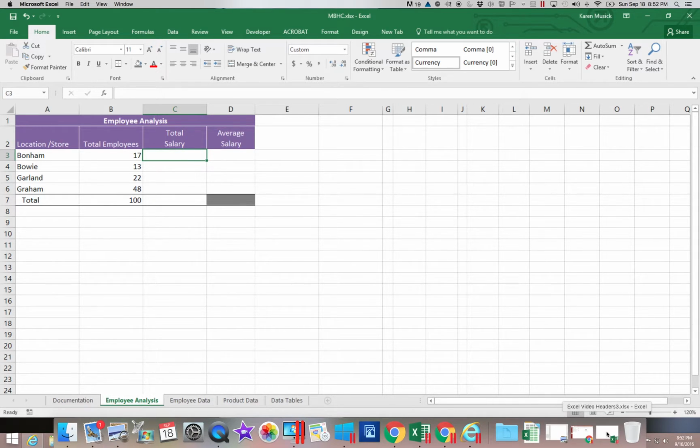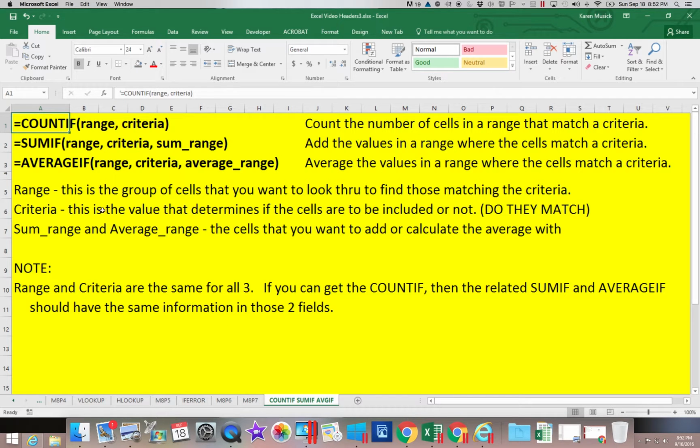Now we're going to look at the next function, which is SUMIF. Now the important thing I want you to remember about both SUMIF and AVERAGEIF is if you look at the first two parameters of each of them, they say range and criteria. And if you look at the first two parameters of the COUNTIF, they are the same too, range and criteria. That should tell you that they are the